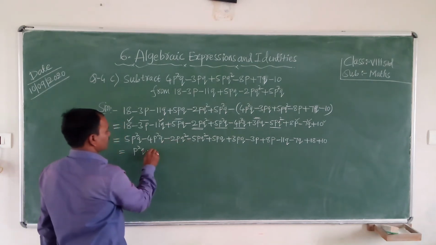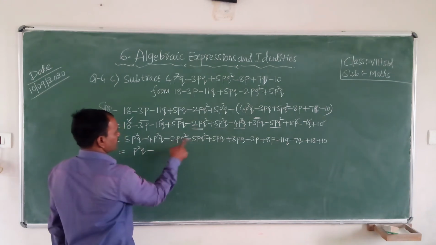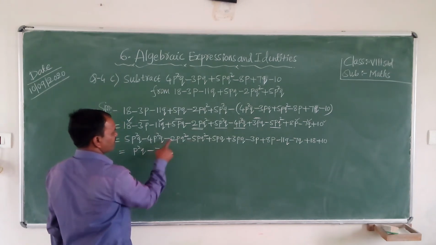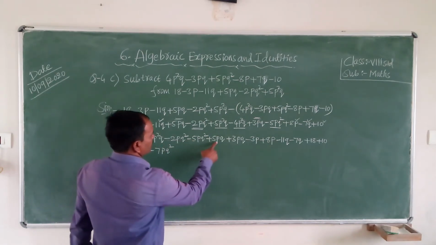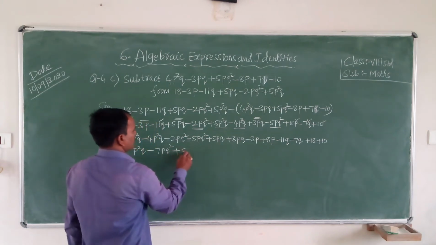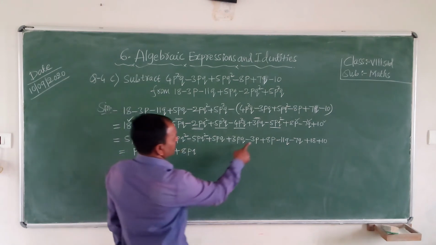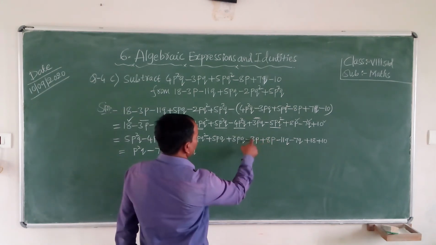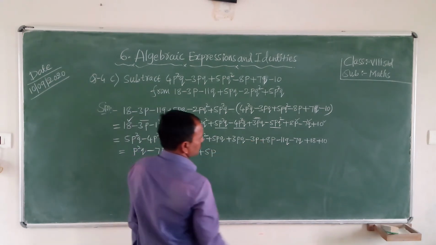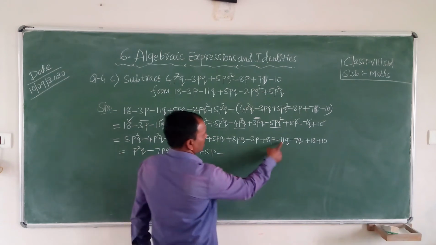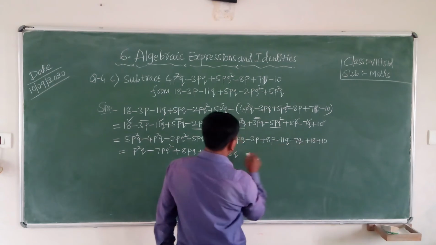Both sides minus is there, keep the minus sign, pq square. So 2 plus 5, 7, both sides minus is there, minus after adding the number. So pq square. Now plus 5pq plus 3pq, so 8pq. Minus 3p plus 8p, 8 minus 3, plus 5p. Sign of the greater number, plus sign is there. Both sides minus is there, keep the minus sign, 11 plus 7, 18q. And 18 plus 10, 28.